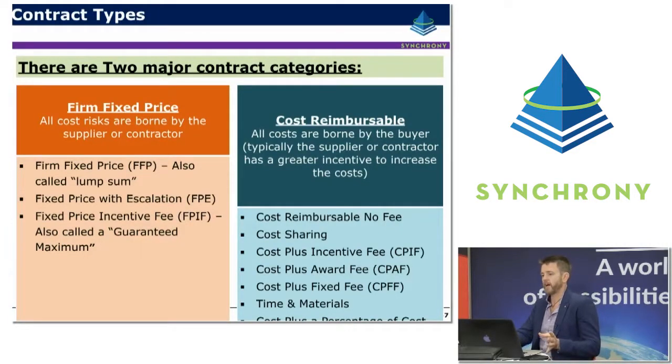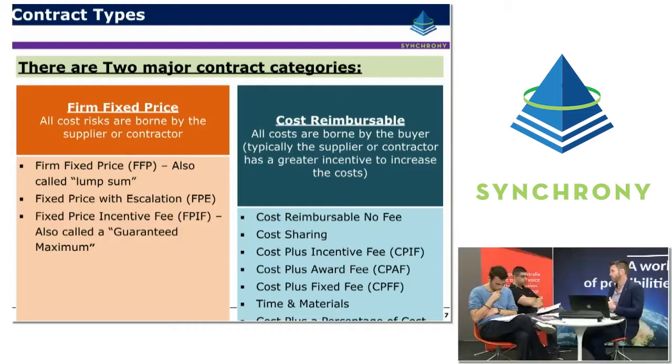Now, there are two major contract types or categories that it's really important to be mindful of as an earned value professional, because they have different risk associated with them. And earned value actually supports both types of projects and adds a lot of value in both scenarios. But in cost reimbursable projects, the value of earned value is significantly higher because it enables you to very quickly measure how efficiently or how effectively the work is being performed. So you can raise red flags fairly early and help ensure, or drastically reduce the risk of, significant cost overruns. In a cost reimbursable project, all costs are borne by the buyer or the owner, the client.